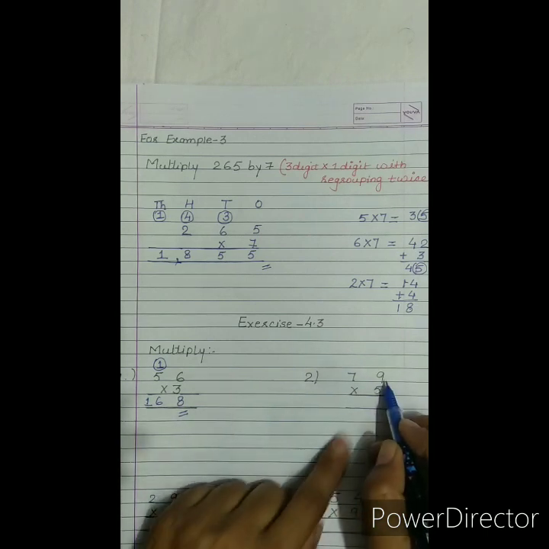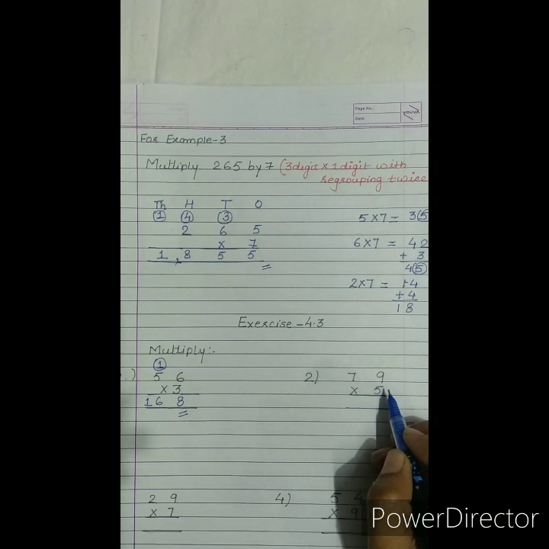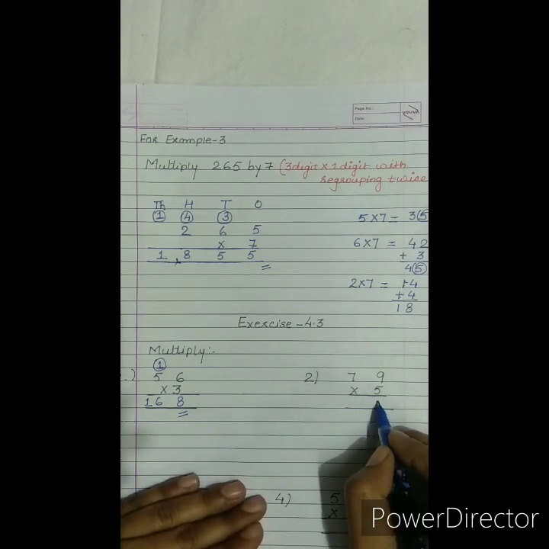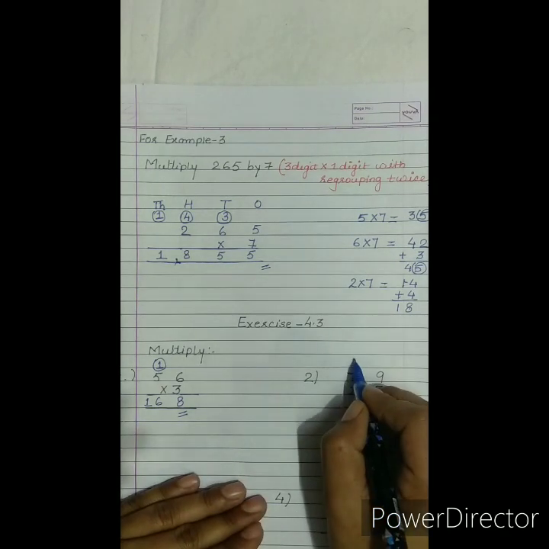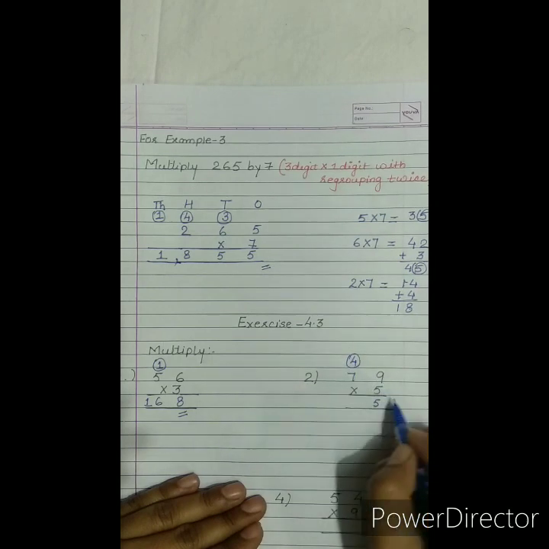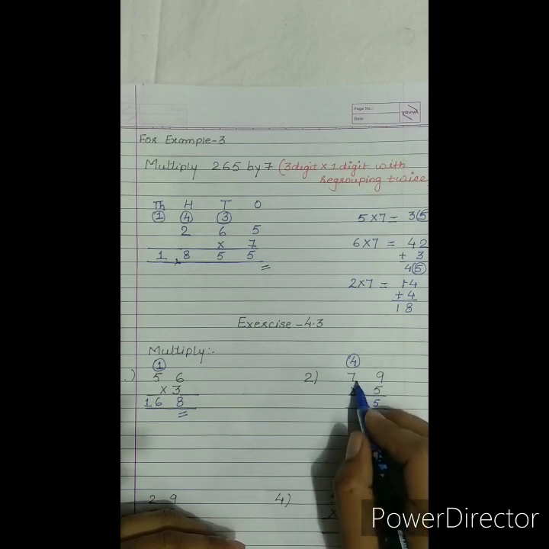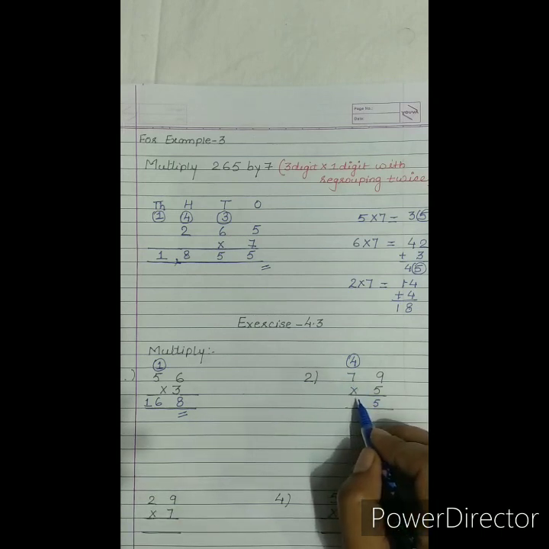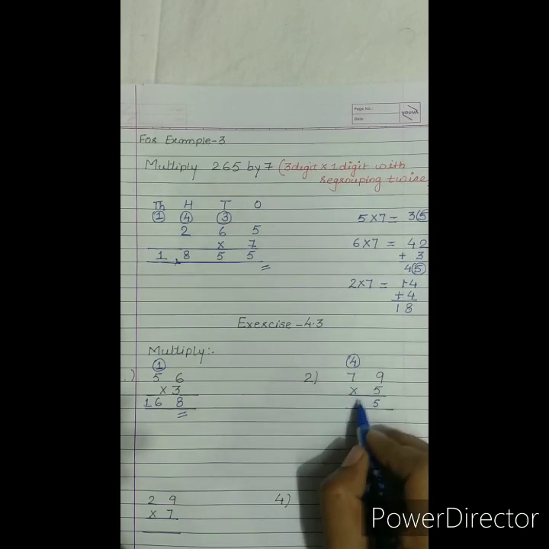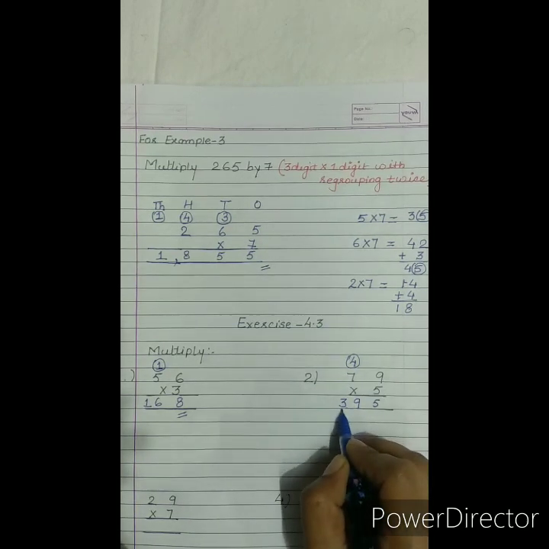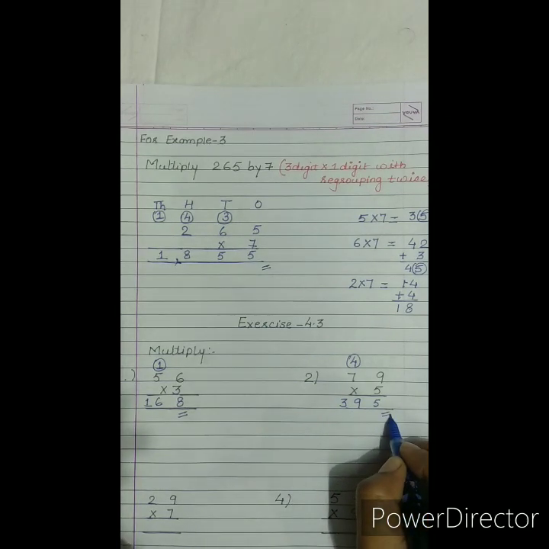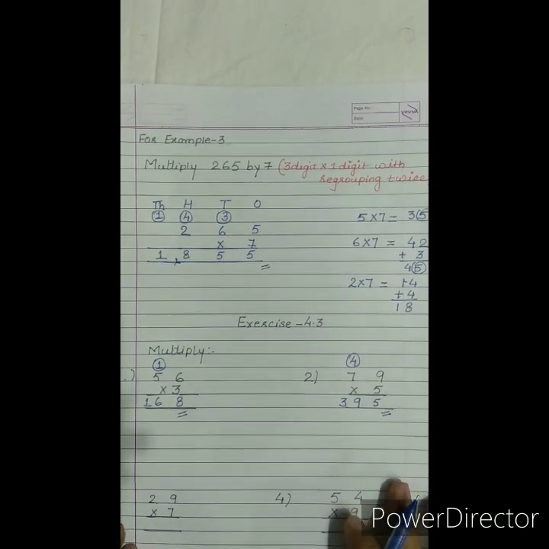Now moving to the next question. We'll read table of 5 9 times. 5 1 ja 5, 5 2 ja 10, 3 ja 15, 4 ja 20, 5 ja 25, 6 ja 30, 7 ja 35, 8 ja 40 and 9 ja 45. So 5 below the ones place and 4 goes up as a carry. Now again 5, table of 5 how many times? 7 times. 7 5s are 35, 35 plus 4 is 39. So the answer is 395.